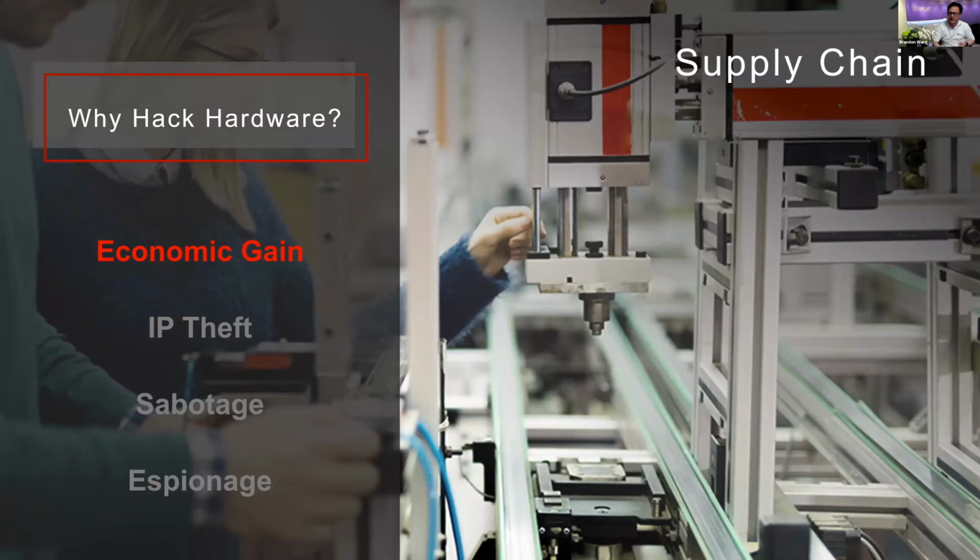A supply chain attack seeks to damage an organization by targeting a less secure element in the whole supply chain network. A supply chain attack can occur in any industry, not just semiconductor. But for us, it is anywhere from manufacturing the chip to packaging to assembly and even to distribution. And that usually provides a lot of economic gain for the attackers by having an edge against the competitors.